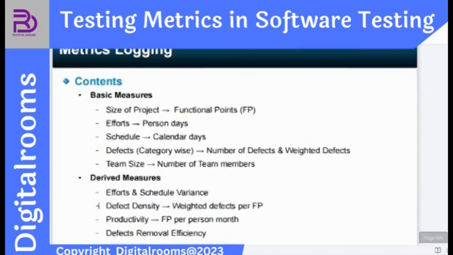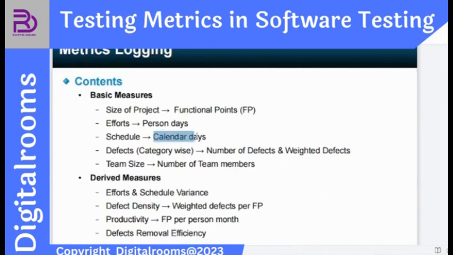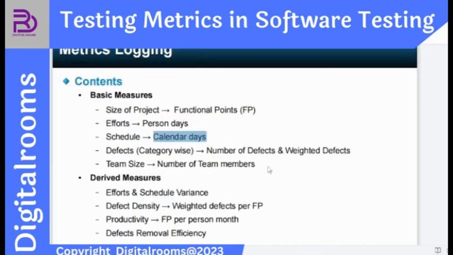Now, the basic metrics are what? Size of the project, as discussed, function points, effort in person days. It means how many persons are needed for how many days. Calendar days, schedule. Defects category-wise, number of defects and weightage of defects. Team size, number of team members. Derived are what? Effort and schedule variance. It means defect density, weighted defects per FP. What is per FP? So guys, per FP, if you want to know, it is nothing but